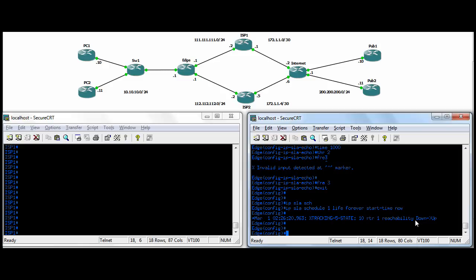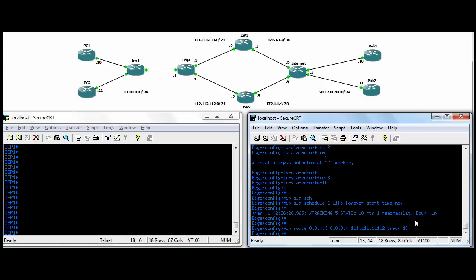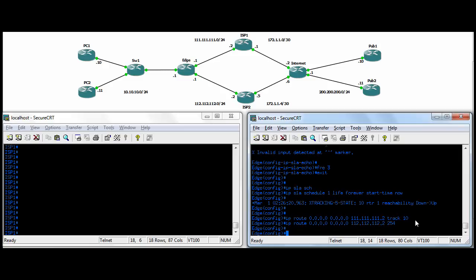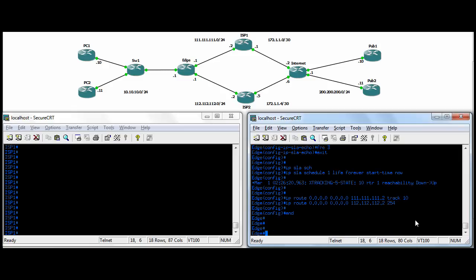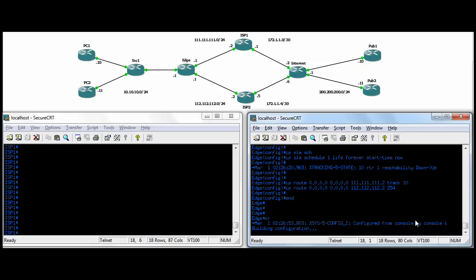So we need two routes in here. We need to do an IP route, our default route pointing out to ISP1. And we need to say track object 10. And then we'll do one more default route pointing out to ISP2. And we'll give it a higher cost there of 254. Okay, that's everything. So we'll just stop and have a look at the configuration